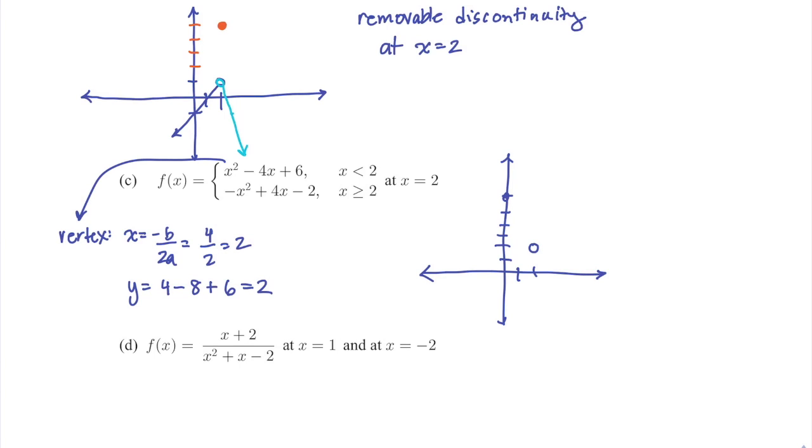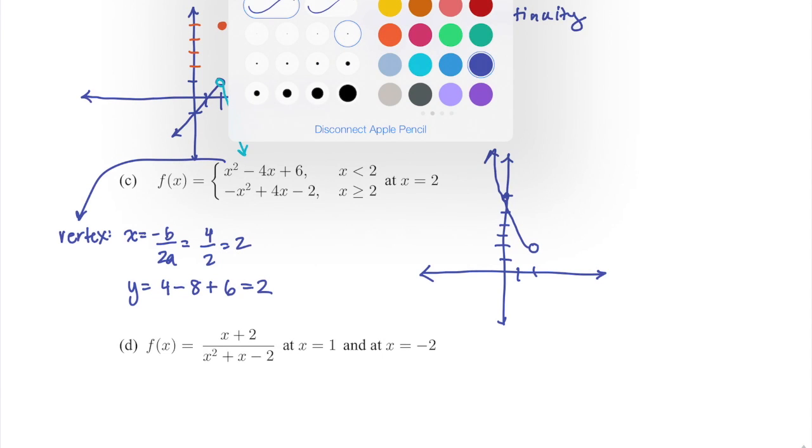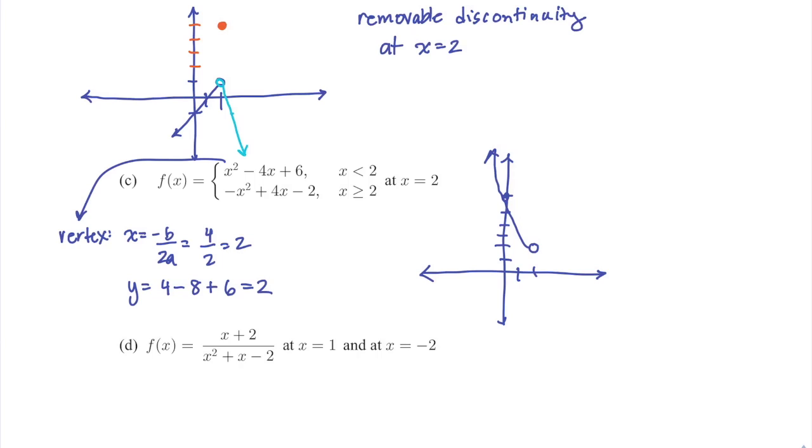So there's another point, and that's what that side of that parabola will look like. Then for the other side, I will do the same thing. I'll find the vertex. x equals opposite of b over 2a, which is -4 over -2. So also at 2, and then the y coordinate for that vertex will be -4 plus 8 minus 2, and